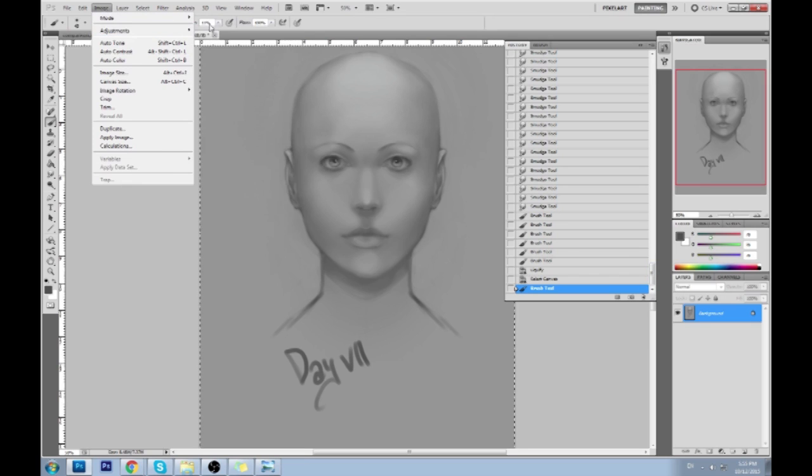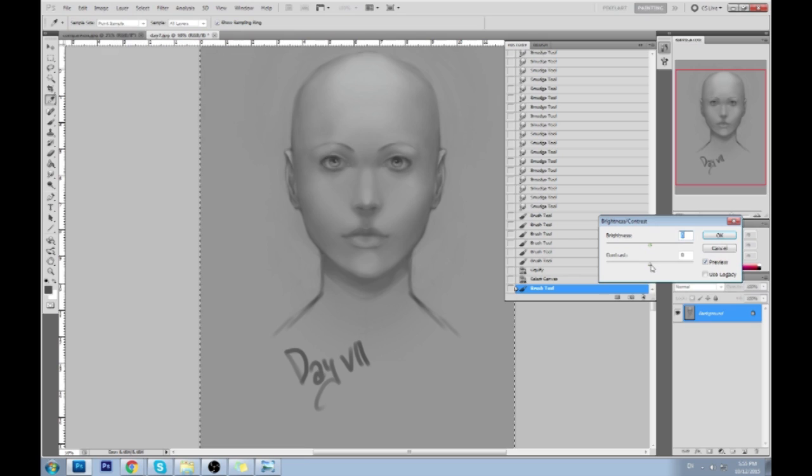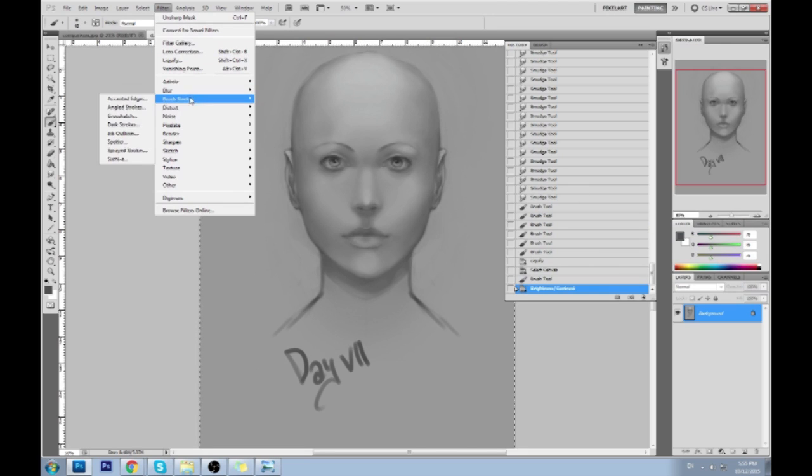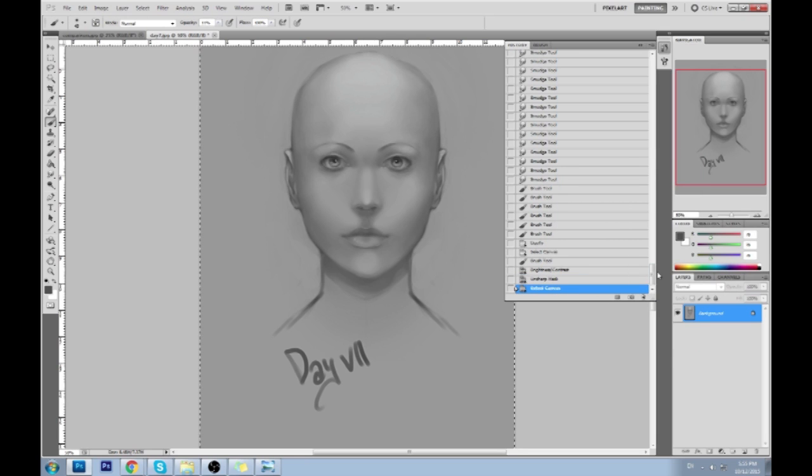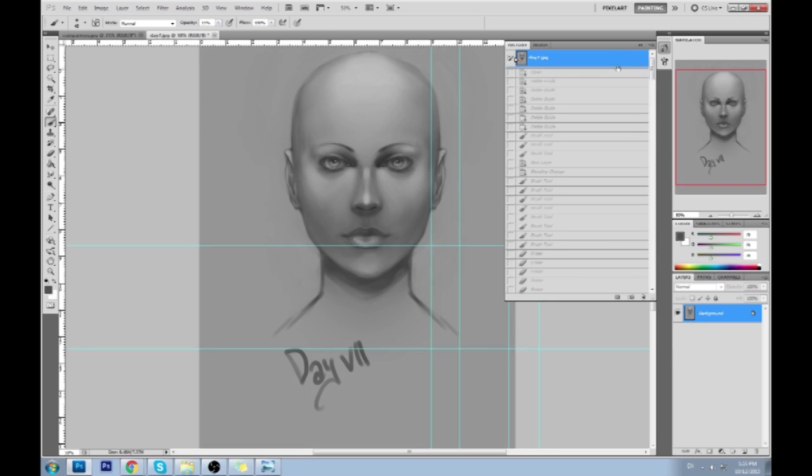Actually, what I'm going to do, adjustments, now that we've balanced the contrast, we can use this tool, just so that we can see a proper before and after. Sharpen and sharp mask. Okay. Before